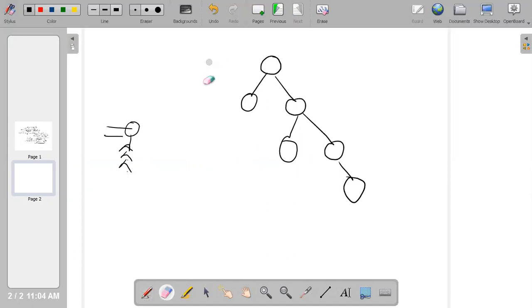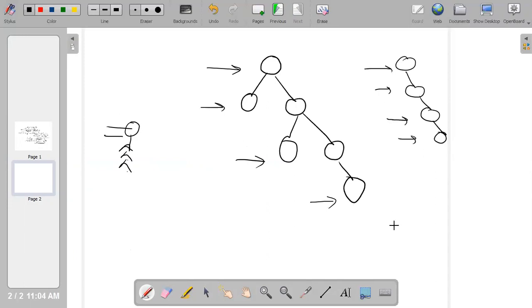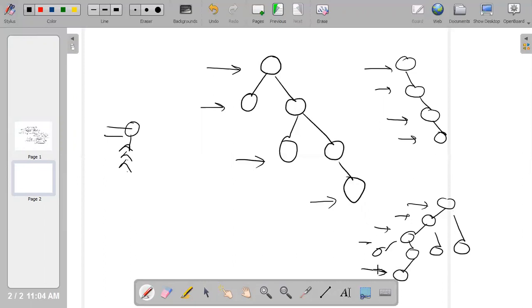This node will be visible, this node, this node, this node will be visible. But if I have something like this, then all four nodes will be visible, right? If I have something like this, again all four nodes will be visible. If I have something like this, again these four nodes are visible. If I have one going down, then these five nodes will be visible. So this is called the left view of a tree.